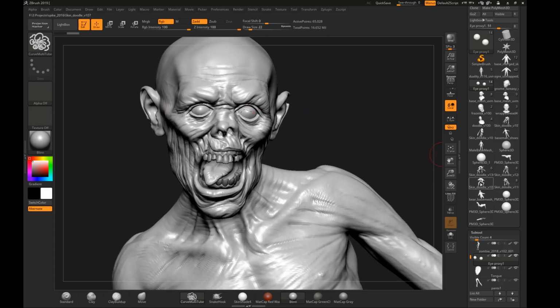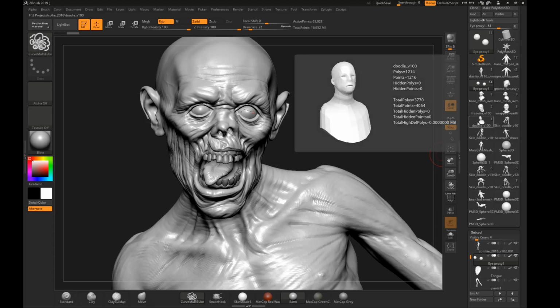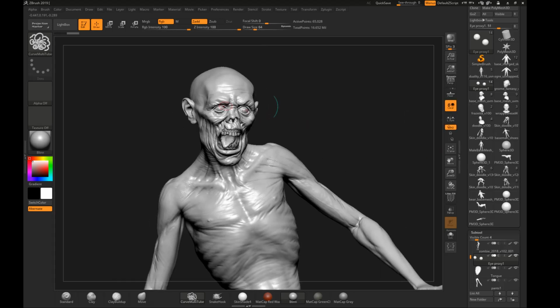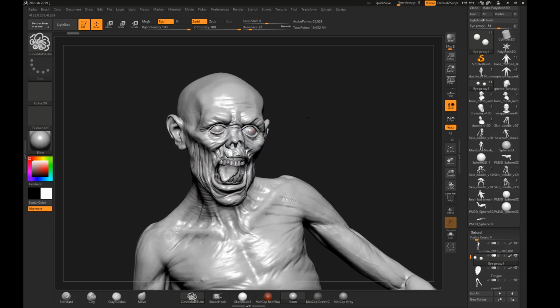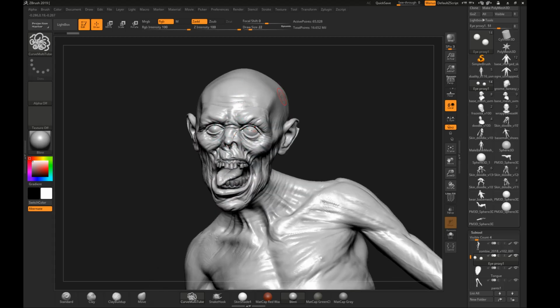And if I would have used my human base mesh, it would have been a lot harder to get to this cartoonish style. So that's also a reason why it's very good to start from nothing instead of a predefined base mesh, because it gives you more room